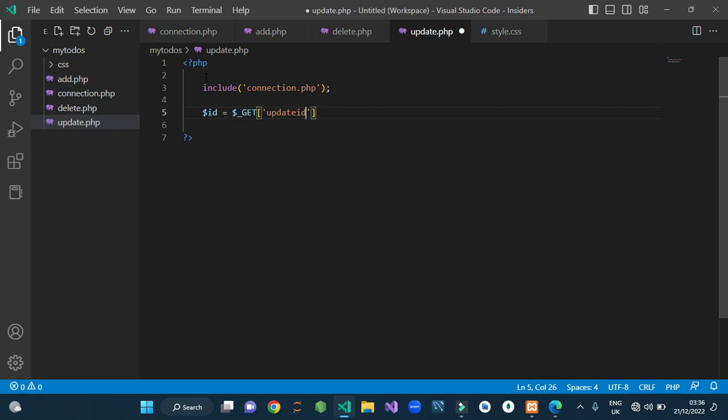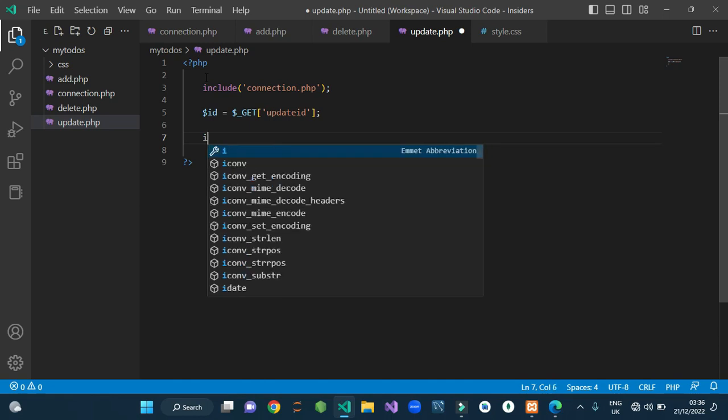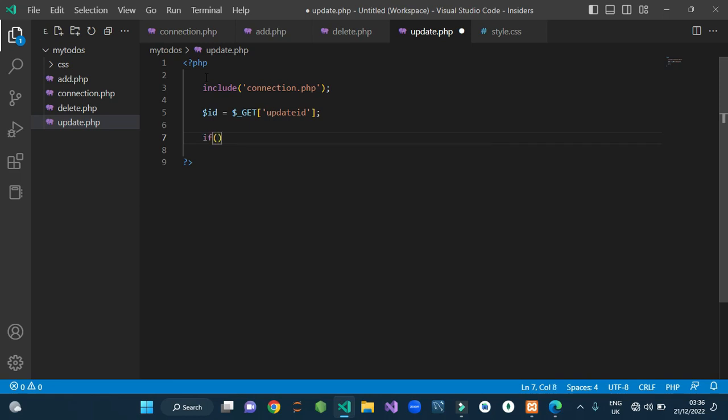Then after the update ID, I do my if set. If is set this, I do this, and I say if is set